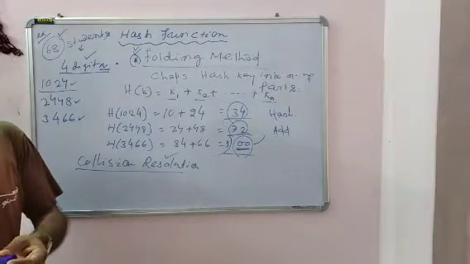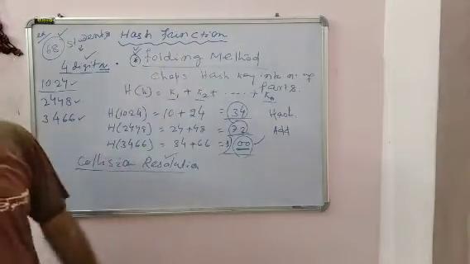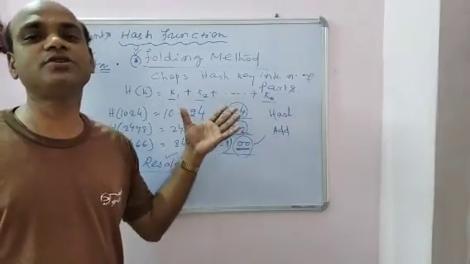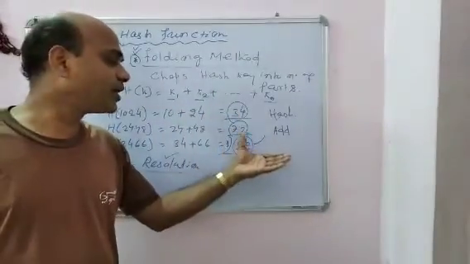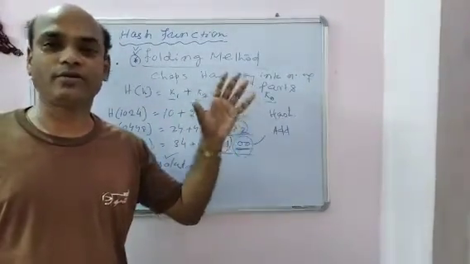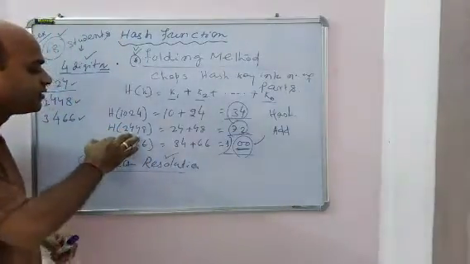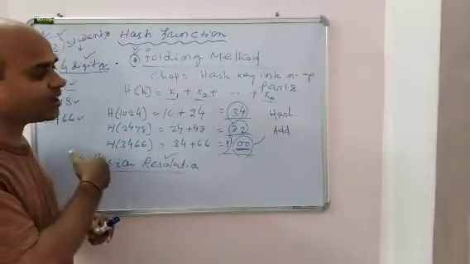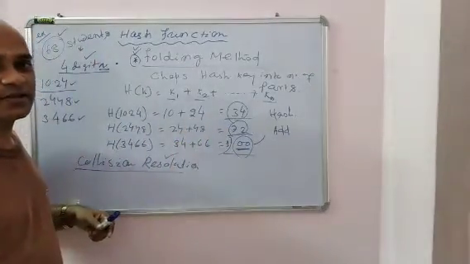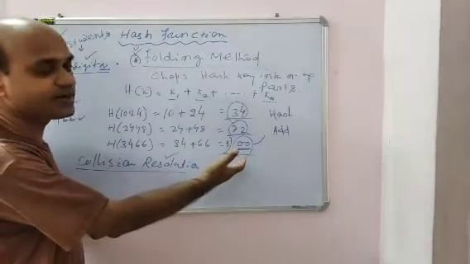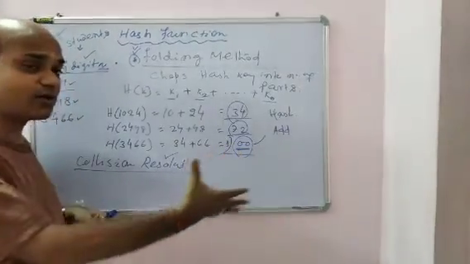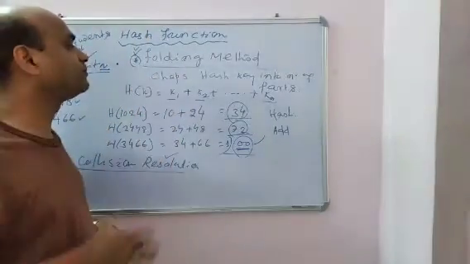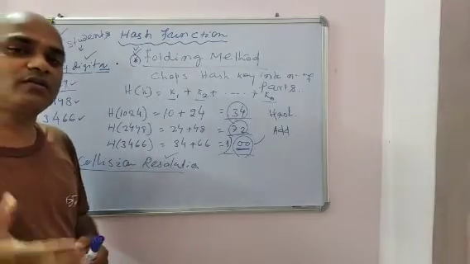So in this way we can use different hash functions as per our use. This is all about the hash function, which is used in finding the memory addresses and also in file organization. By providing a key value and applying a mathematical formula, we can find the memory address, the hash address. By locating this hash address, we can fetch records directly from that position. In this way we use the hash function to find the memory location.